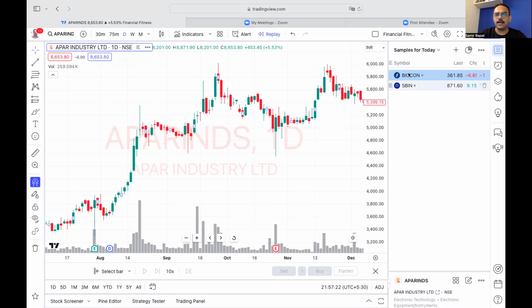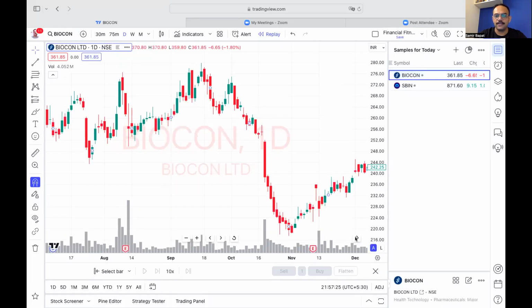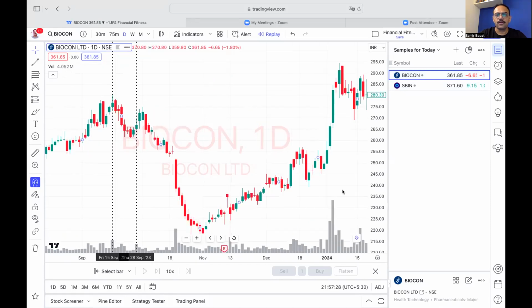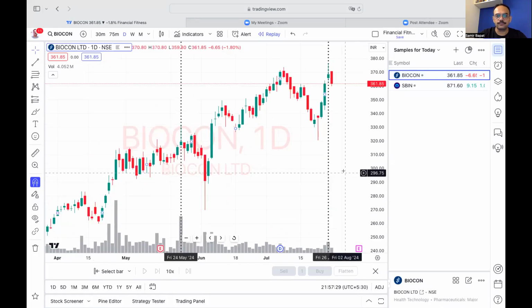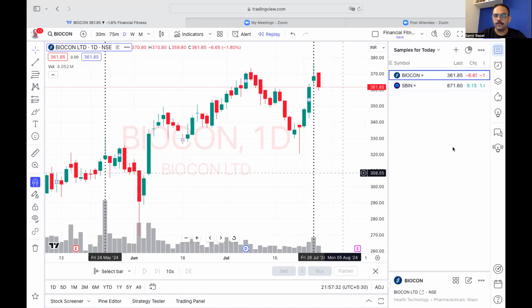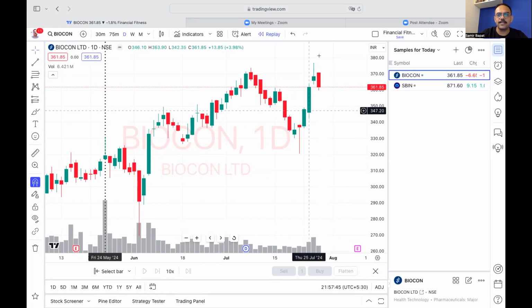Now, I have put some good examples here. Biocon, let's see. Now you can see my chart here. Yes, can you see the chart? Okay. Now the price has gone up. There was an uptrend. It has gone up from here, up till here, and it has formed a